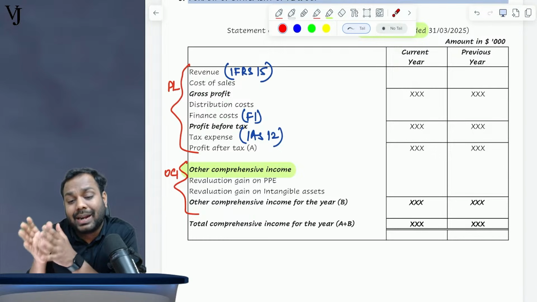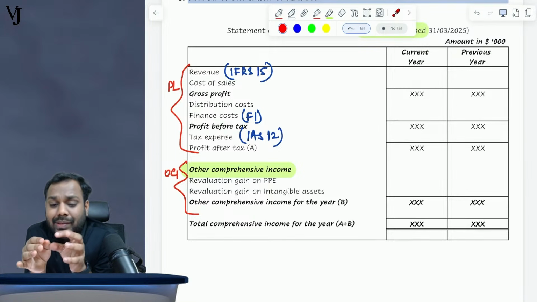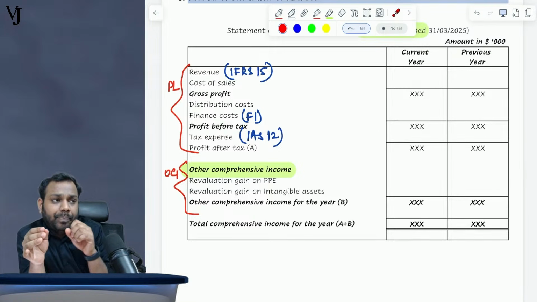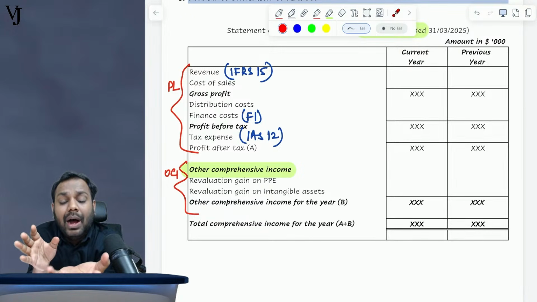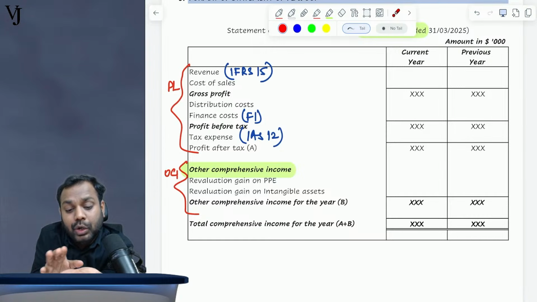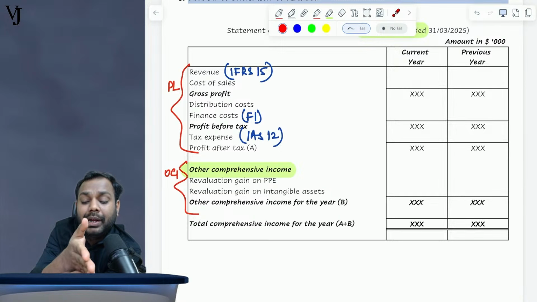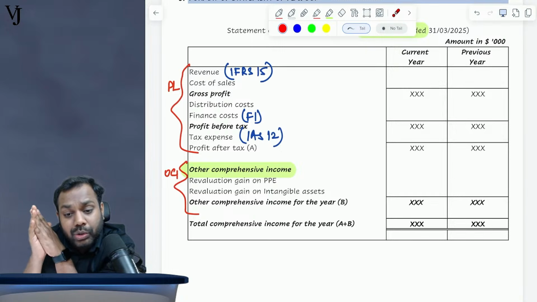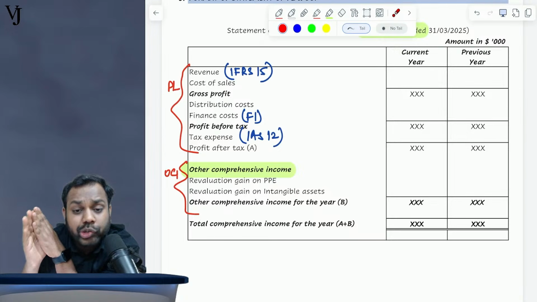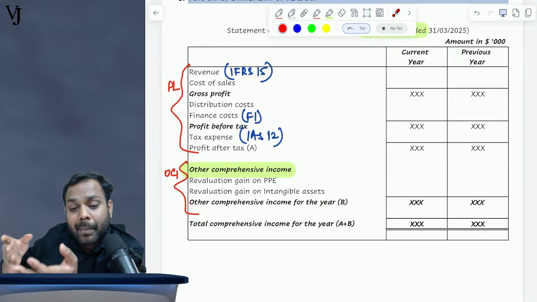Because if the standard setting body leaves it so that gains or losses are recognized in P&L or other comprehensive income on the basis of the accountant's judgment, it means the accountant had a choice to decide: shall I take this income or expense to P&L, or shall I take it to other comprehensive income? Don't you think the accountant would have used P&L and other comprehensive income according to their requirement whenever they wanted